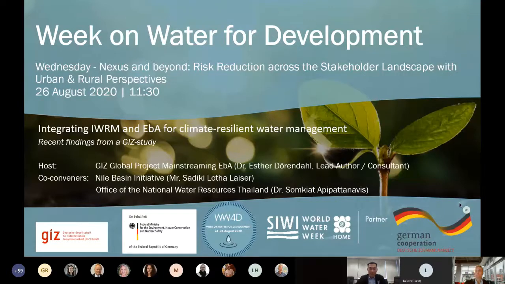So they're looking at the policies for climate change adaptation and mitigation. But in water resources, we're just looking at how to manage water within the next, we have a 20-year master plan. We do not pay much attention to climate change adaptation. So what we found is that if we collaborate with them,